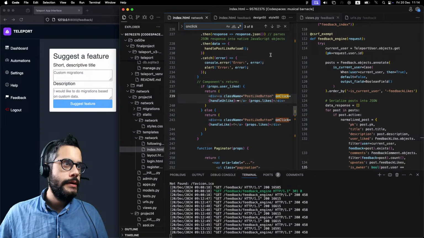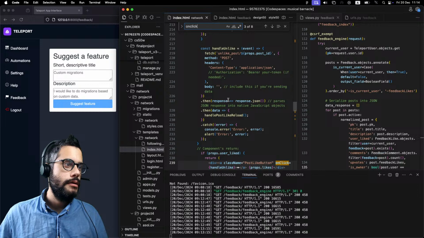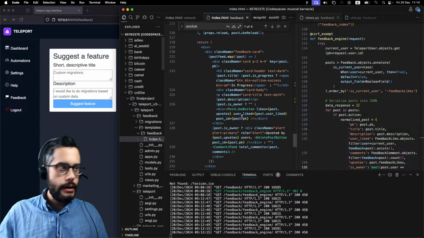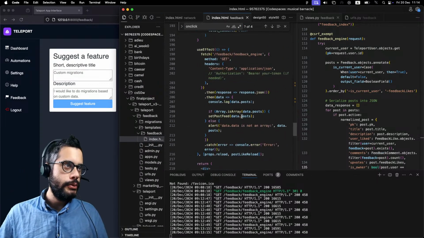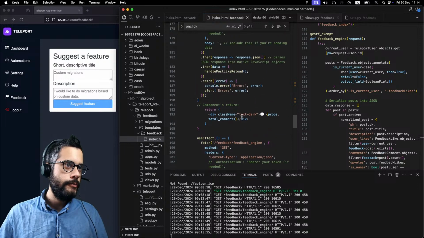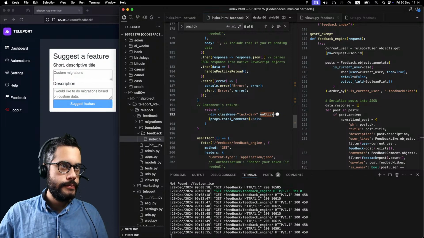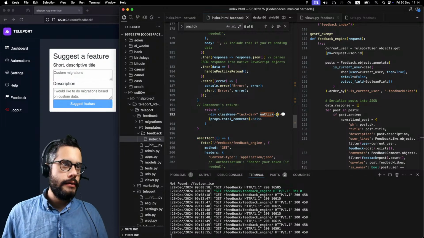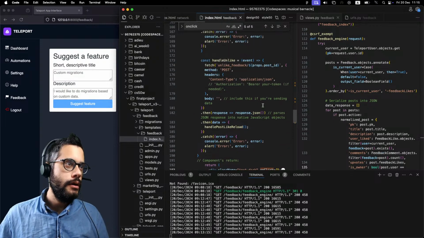Alright, so I have my, okay, so inside here, so not down here, but at the top, in my return for the component, I want to add a property on click, and whenever I click it, it'll